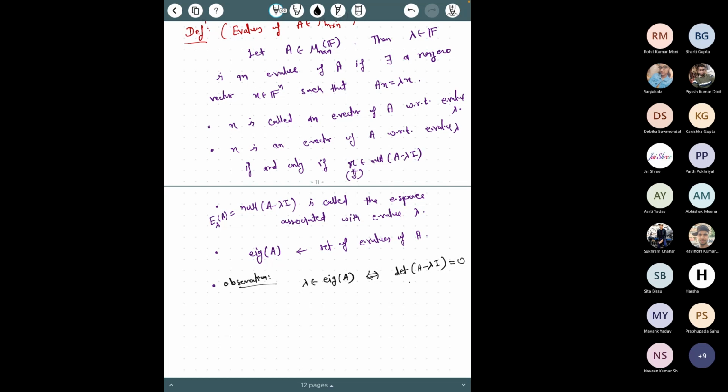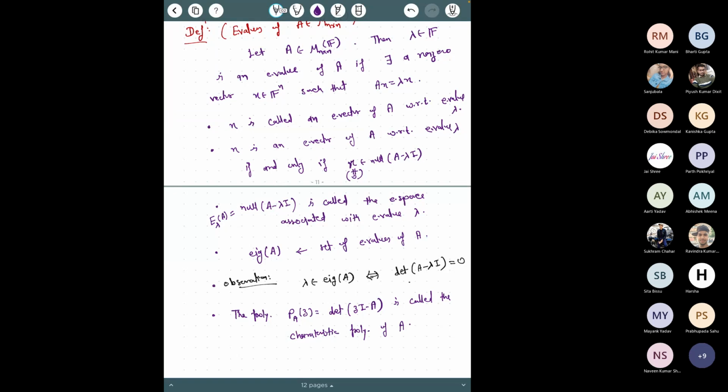Therefore, this polynomial is called the characteristic polynomial of A. So basically, these eigenvalues are also known as characteristic values. In some books, you will see the term characteristic values used in place of eigenvalues. So this polynomial is called the characteristic polynomial. So the polynomial P_A(z) is equal to determinant of zI minus A, whatever you write, let's say, is called the characteristic polynomial